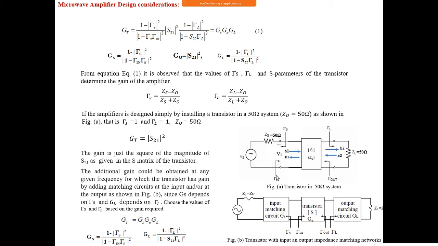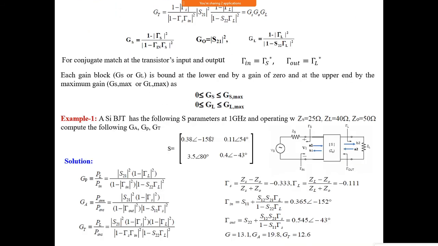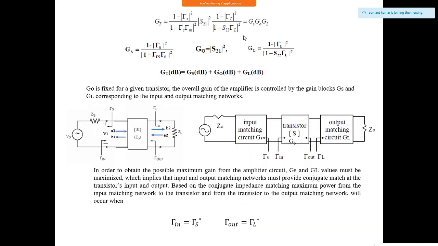Okay, so this is about the gain: how to choose the gain of a transducer, and why we need an input matching network and an output matching network. Without these, the gain is equal to only the maximum value you get from here. But if you want more gain, you have to choose different values of GS and GL. That's why we are using impedance matching networks here and here. So that is about your RF class.